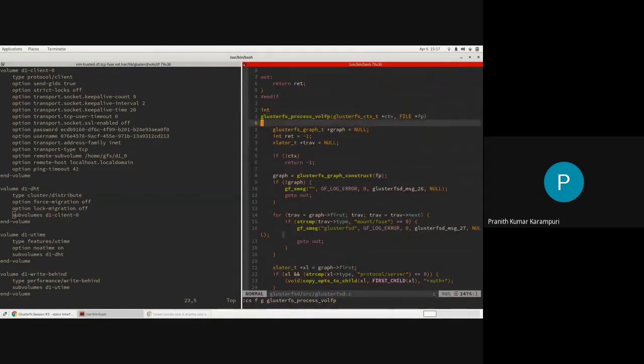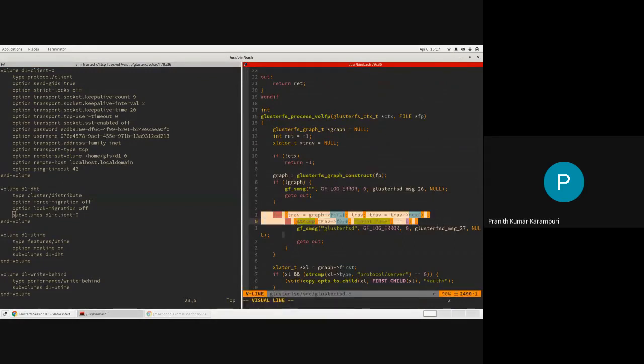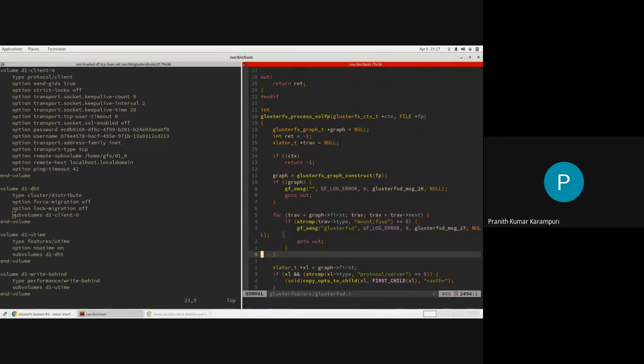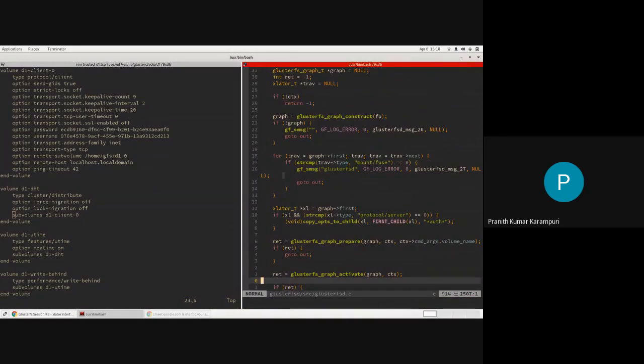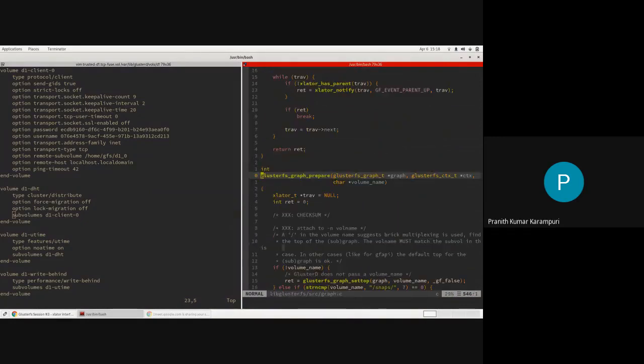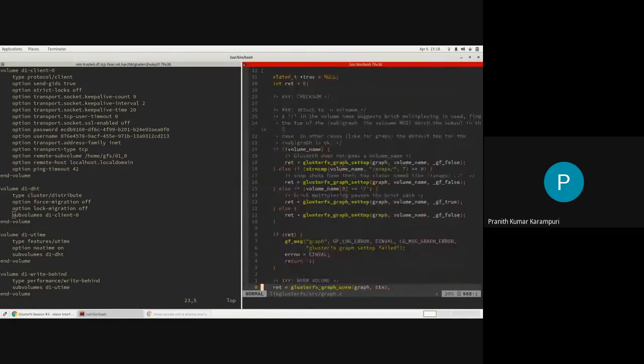All right, so once the construction happens, there are some edge cases: you cannot specify fuse as a translator, and if it is a protocol server, there is some extra special handling that has to be done. And then there are in-memory translators that get loaded specifically. They are not generally present in the volfile, but you sometimes load these things.